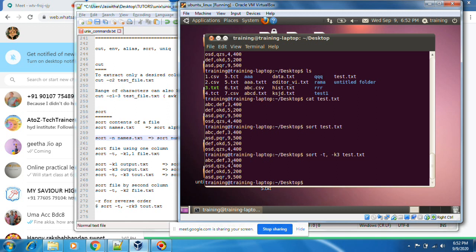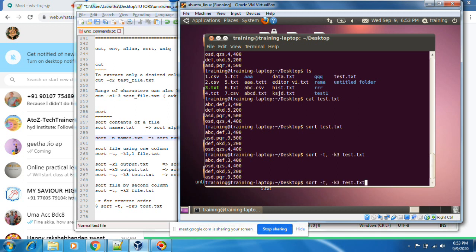See, all the third fields are sorted, but the corresponding lines also came along. You see OSD, which was in the fourth row, has now come to the second row, because we sorted based on the third column.